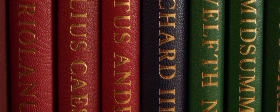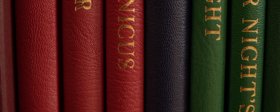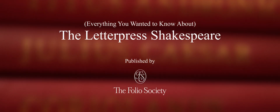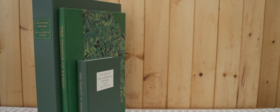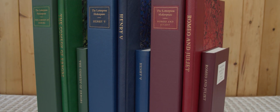Between 2007 and 2014, the Folio Society embarked on an ambitious project to publish a limited edition set of what many hold to be the finest editions of Shakespeare ever produced. This is the Letterpress Shakespeare. The 39 volumes are colour-coded: comedies in green, histories in blue, tragedies in red, and the standalone volume of sonnets